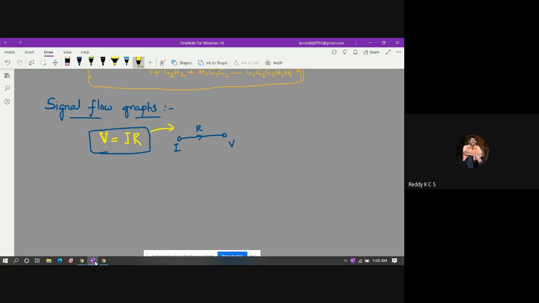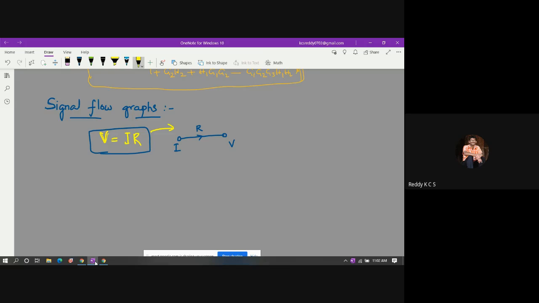So this is what a signal flow graph is, and here the variables are very important elements of this set of equations. The variables are voltage and current. These are represented first in the signal flow graph as a small circle. This circle is called a node. The independent variable is represented at the initial node, and the dependent variable is represented at the next node. The signal from this point to this point is called a branch. The relationship between these nodes is represented by joining the nodes as per the equation.